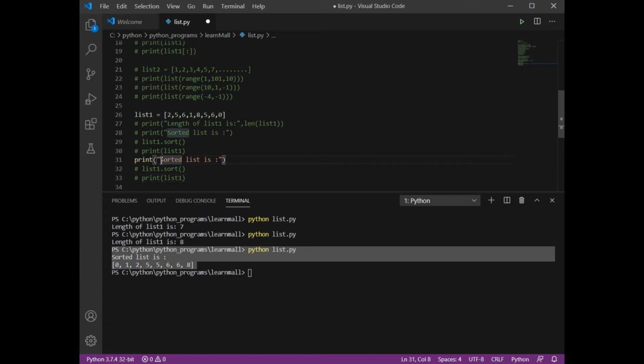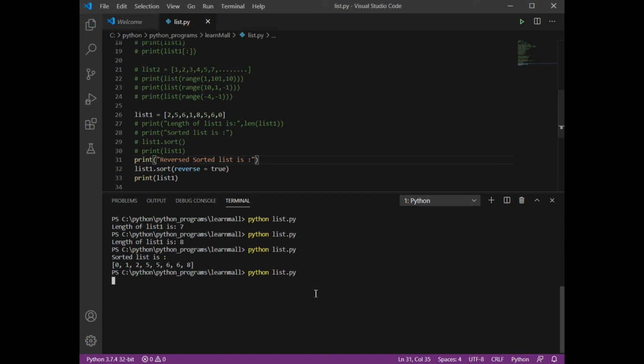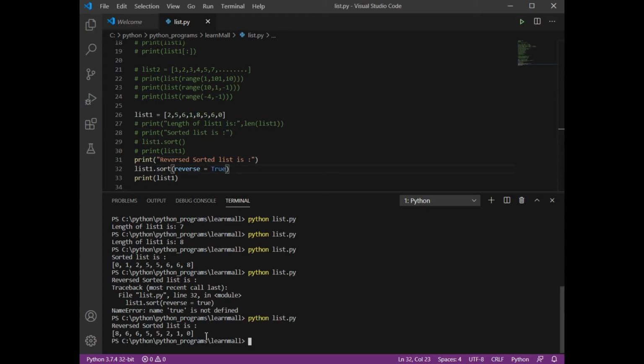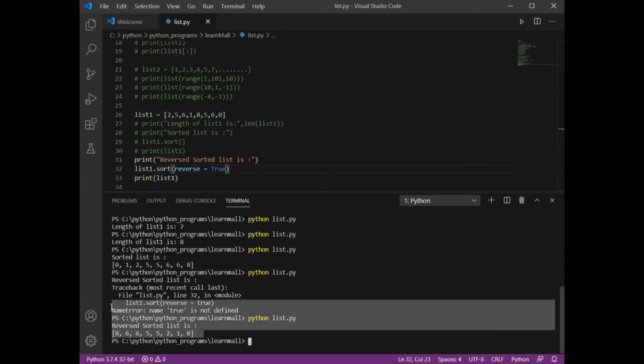I can write "reverse sorted list is", and what I need to do is write list1.sort, and inside that I'm going to write reverse equals True. So it is going to sort my list in descending order instead of ascending. T needs to be capital. So see, it is giving me the list in descending order.